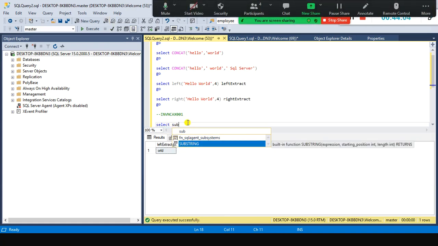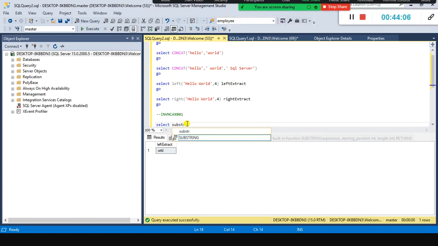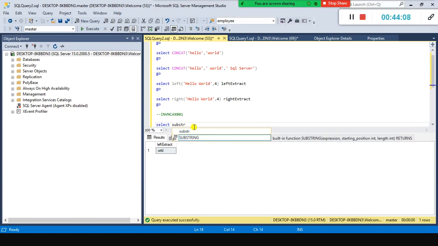So see, I type the first 3 or 4 letters of the function. Since SQL Server Studio has the code completion facility, you can see the functions that start with sub str, right? So just double click on it.